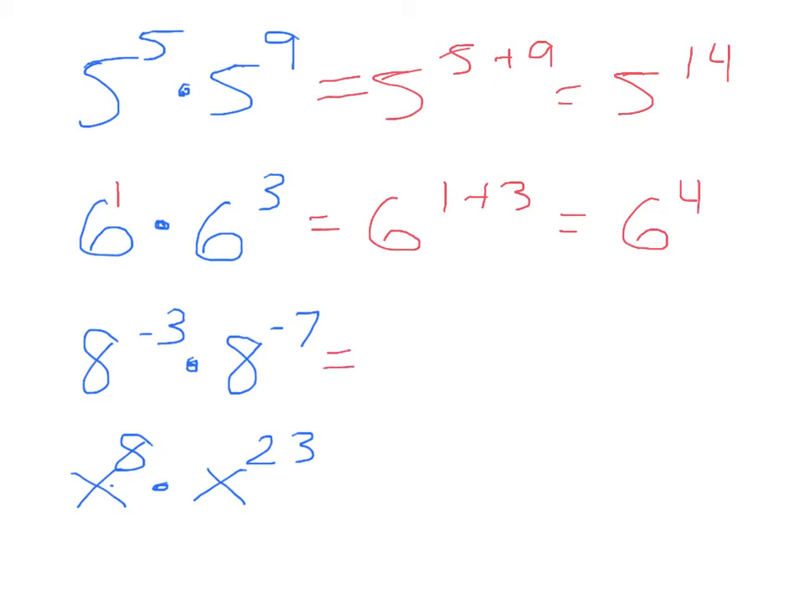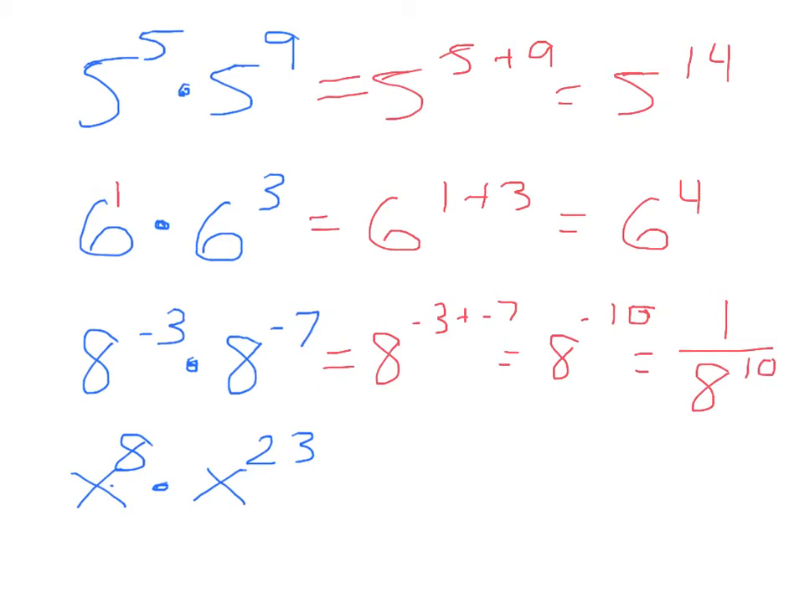Now, many of you on this next one probably said, oh, that's 8 to the negative 3 plus negative 7. Good. And then you probably said, negative 3 plus negative 7, oh, that's 8 to the negative 10th. And I'm going to tell you, great, you're wrong. Sorry. It's not. It's actually 1 over 8 to the 10th,